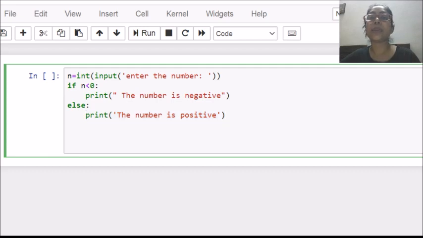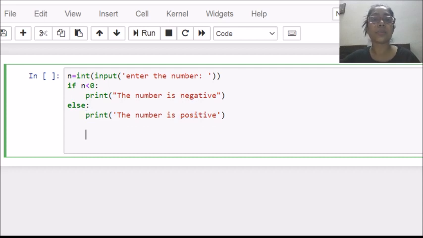Suppose I enter a number -3. Then when this if checks -3 less than 0, true, because -3 is less than 0, that means this condition is true. So what type of output am I going to get? I will get the number is negative. This is what you will get, because this gets true for -3. But if you provide a positive number, that is 3, then this condition gets false because 3 is not less than 0. So this particular block will not get executed. Another block, that is the else block, is going to be executed.